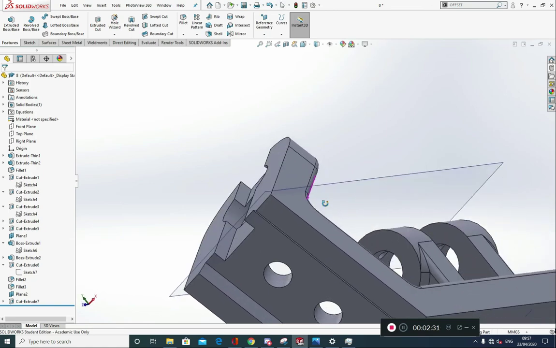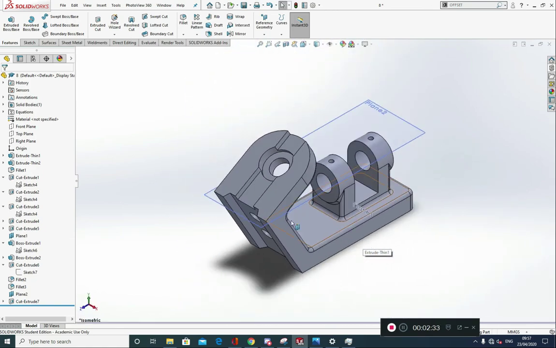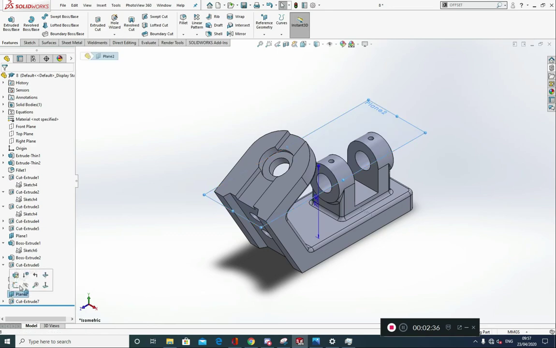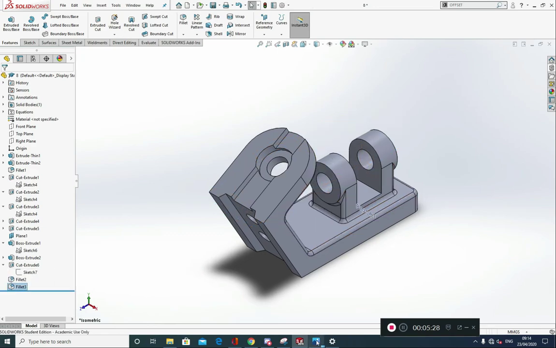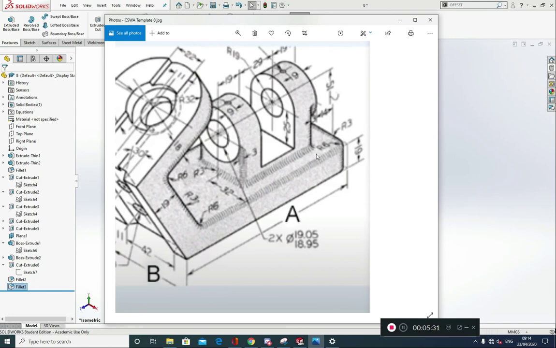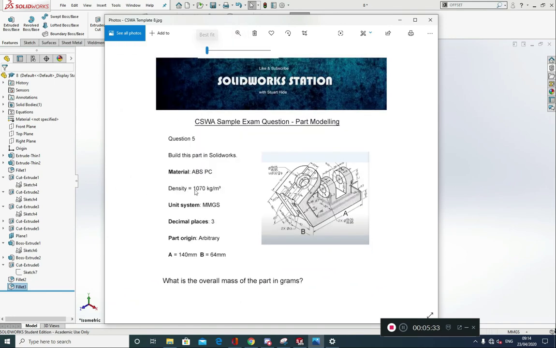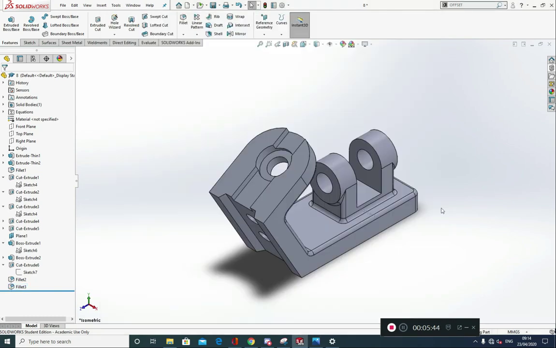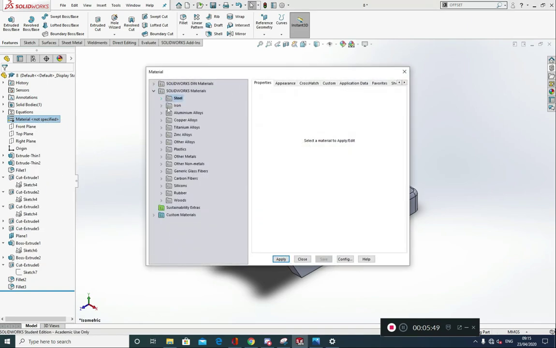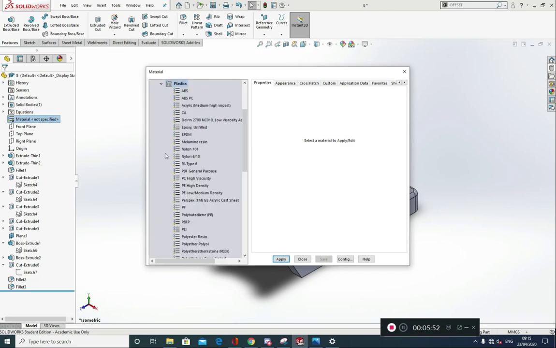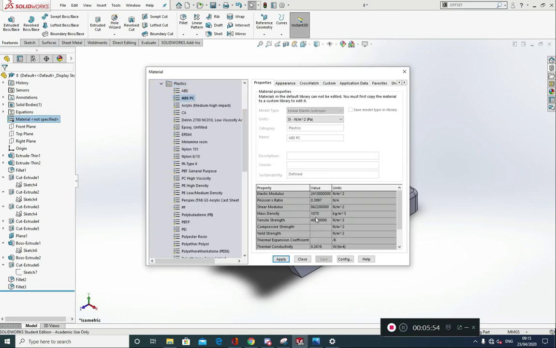and there we go. Control 7 on my keyboard, and I can hide the plane as well. So just click on this plane and choose hide. And then a few things that we need to do to finish off. So it's saying that we need ABS polycarbonate with a density of 1070, working to 3 decimal places, and what is the overall mass. So let's go and right click, edit the material. Let's find plastic. We want ABS PC with a density of 1070, which is this one. We can apply that